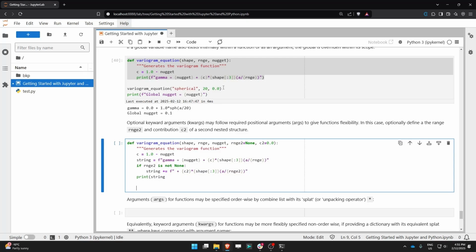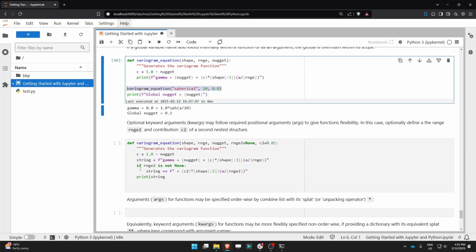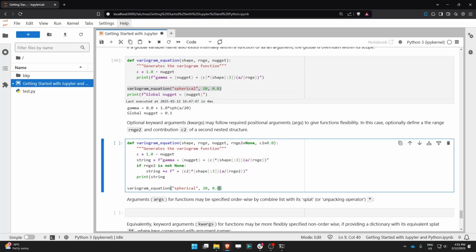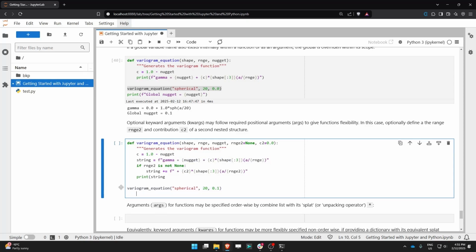Let's see what happens now. So this first function call should just result in this first string. But then if I make a second call, and that second call has a range,